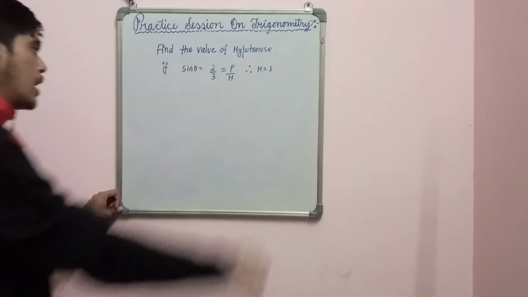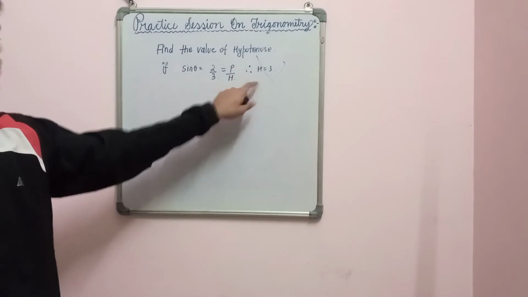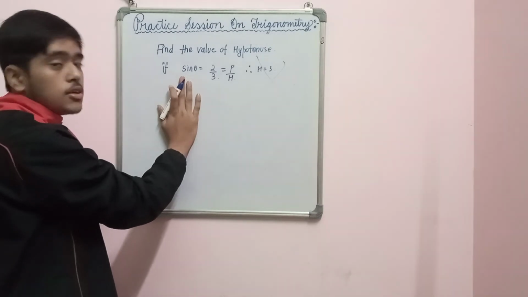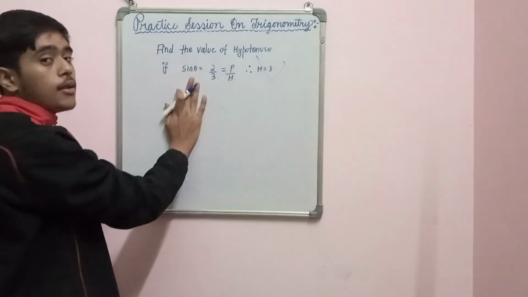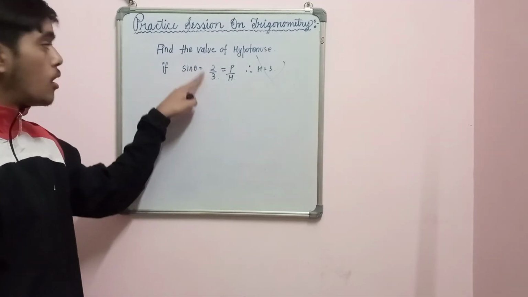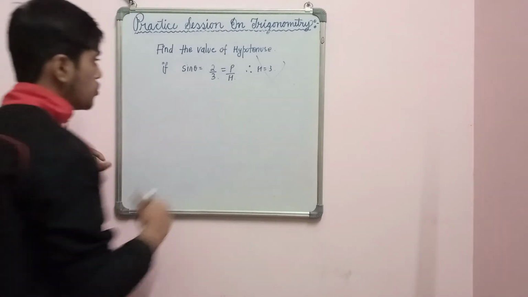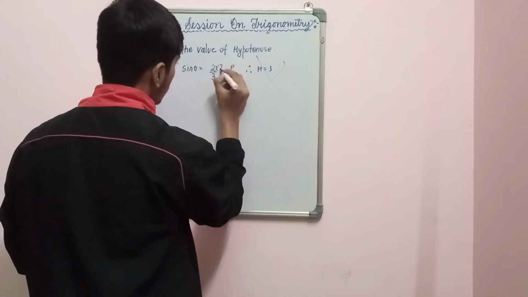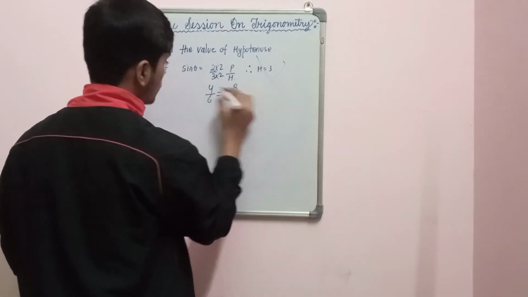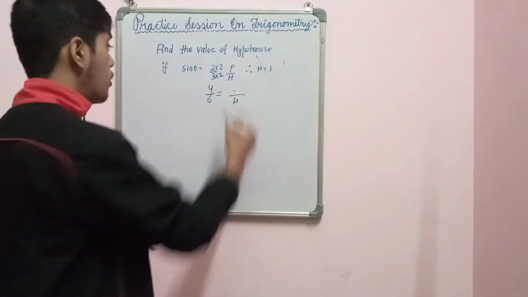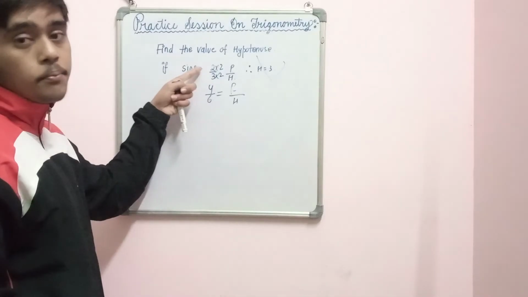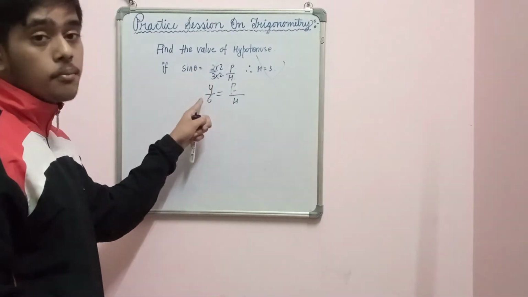But what if I tell you that this is wrong? This value is wrong. Why is it wrong? Because sin theta, I told you in the very first question, these are trigonometric ratios. These are not pure numbers, they are ratios. And if you want proof, I can show you. If I multiply this by 2 and this by 2, this becomes 4 by 6. Now here hypotenuse becomes 6 and perpendicular becomes 4. So the value has changed. So this is the simplest form of this. This is the ratio and this is the pure number.